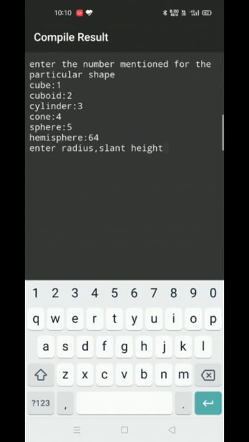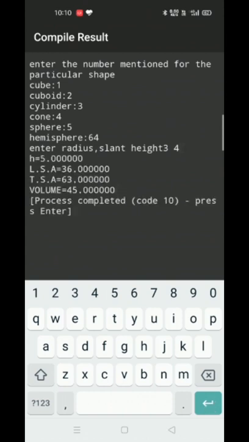I will enter 3 and 4, which in turn we know are Pythagorean triplets, 3, 4, and it combines and we'll get the height as 5, and it gives LSA as 36, TSA as 63 and volume as 45.